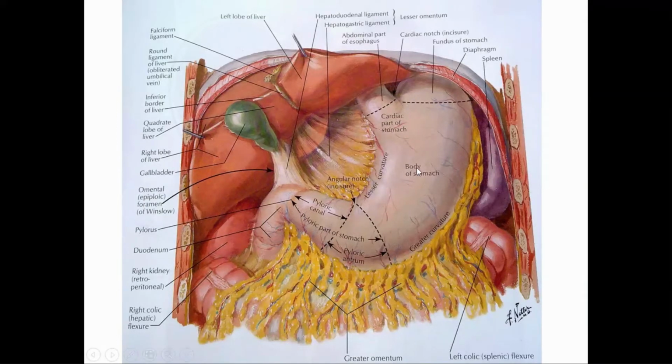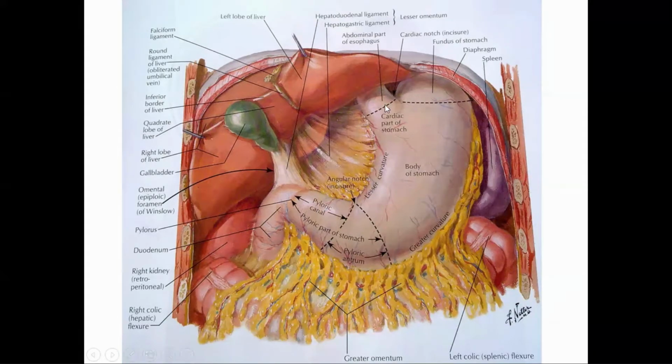So here, this is the stomach. The stomach is an intraperitoneal organ. That means it is covered by the peritoneum anteriorly as well as posteriorly. On both sides, it is covered by the peritoneum, so it is named an intraperitoneal organ, and it is J-shaped